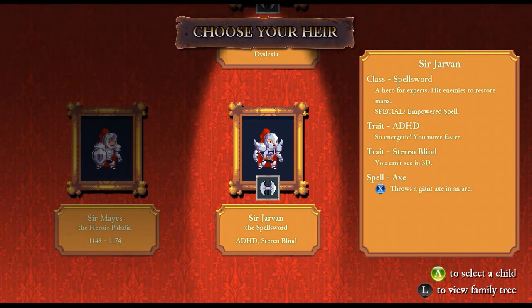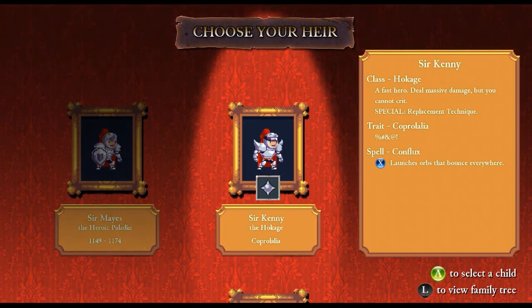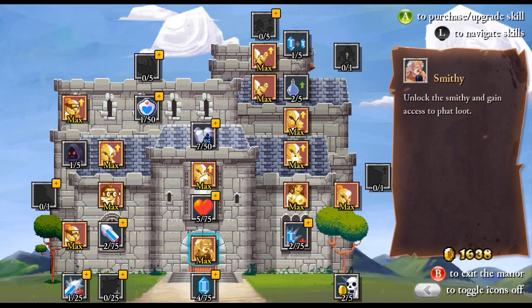So let's do... I like a spell sword. ADHD is good. Hokage with Conflux is pretty good as well, but I really like the ADHD. The movement bonus is really pretty useful to me. And sadly...